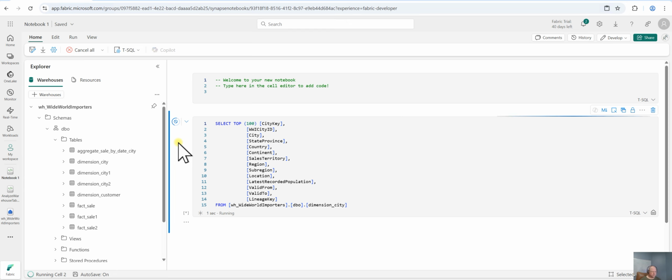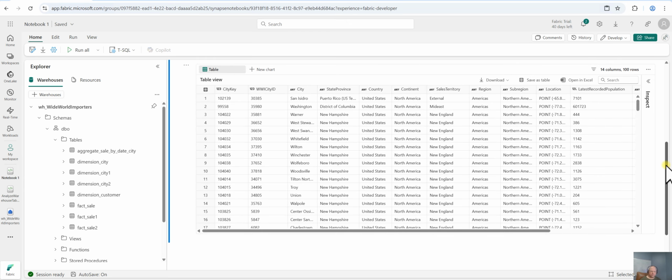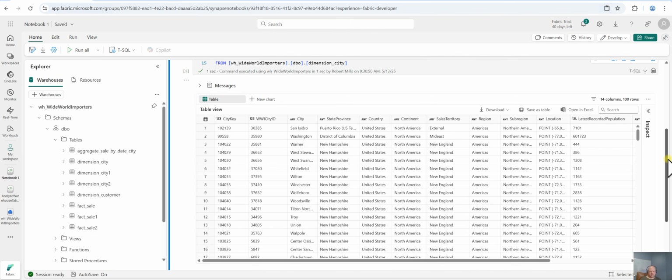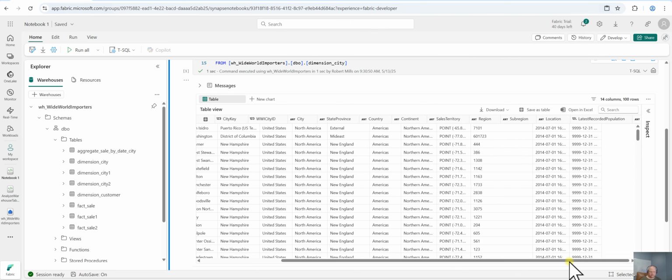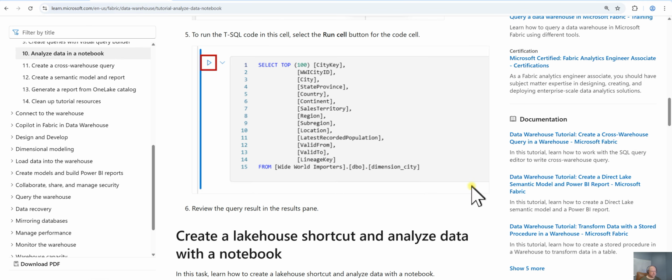We're going to run the cell. There's our result set, which looks a lot like what you get out of a SQL result set, which is totally fine. Right? Makes total sense. Now let's look at